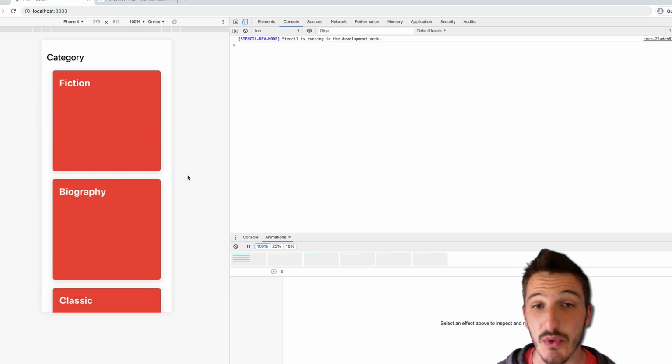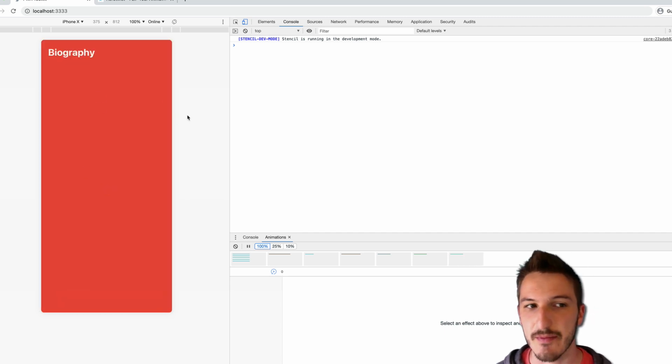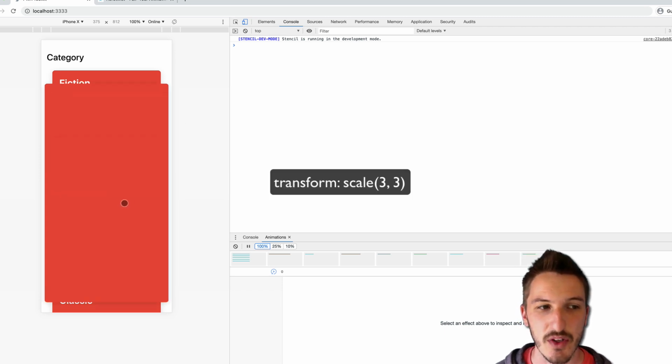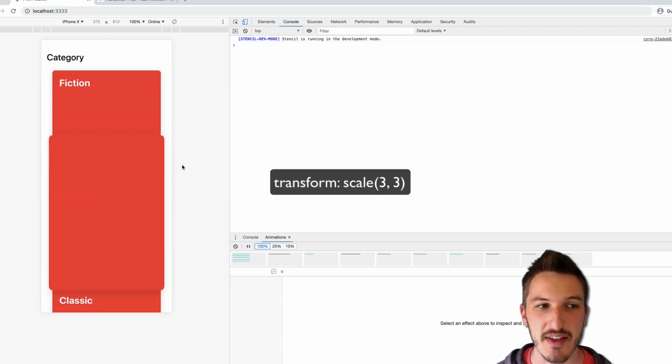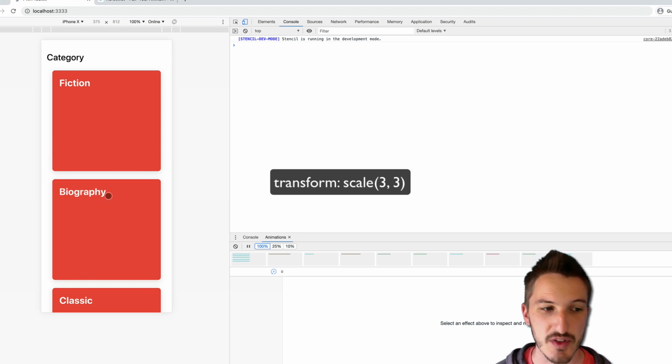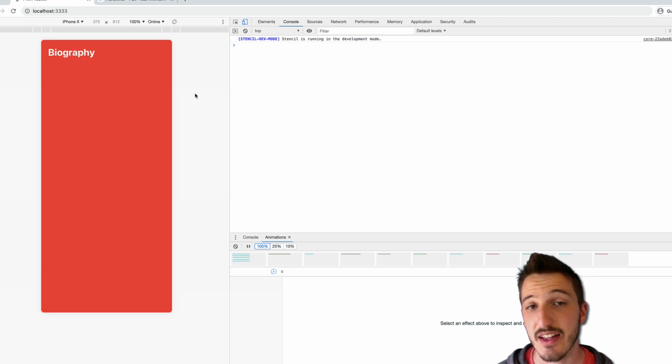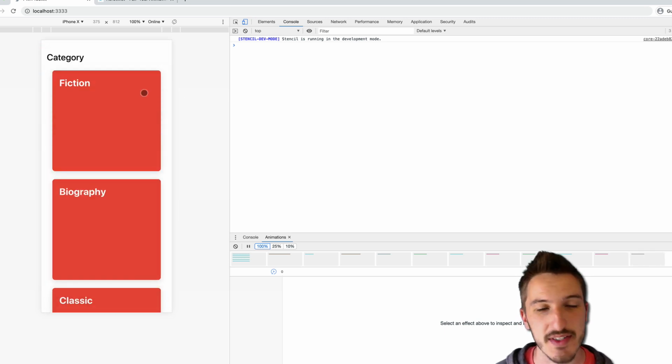So in keeping with those rules that I just mentioned about only, where possible at least, triggering that compositor step, relying on transforms rather than things like positioning and height and margins and stuff like that, we need to find a way to basically transform this element to fill the screen. And we can certainly do that quite easily with something like scale. We could just scale this up. So basically use transform to make this 2 or 3 times bigger than it is currently. And that could fill the screen, and that could be the way that we approach this animation,